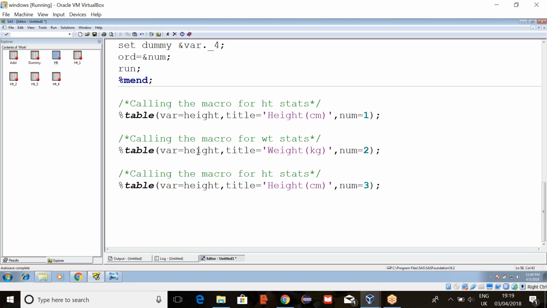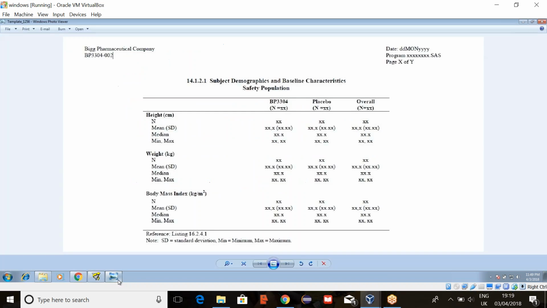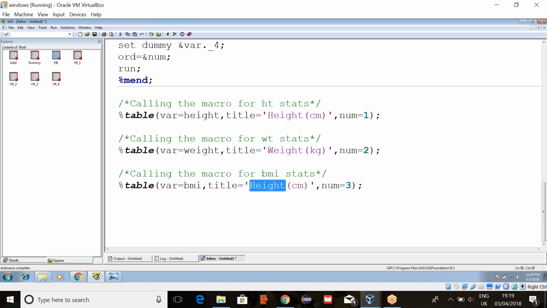Next 3. Here the variable name is also weight. Third time it is BMI. What is the title? Body mass index, kg per meter square.